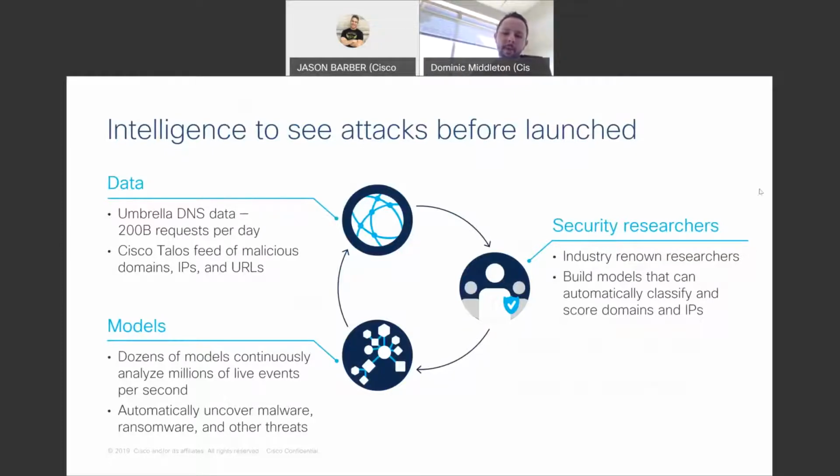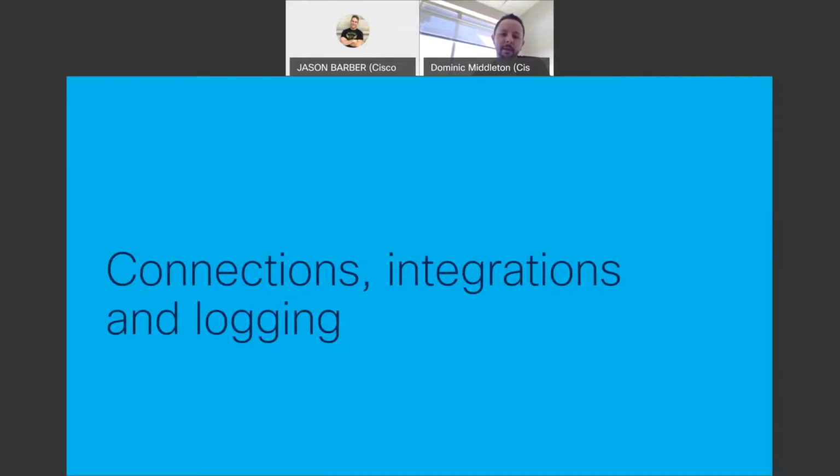Like I mentioned, Talos, our threat intelligence group, we have security researchers sitting all around the world 24/7, 365. They're currently on top of chasing down threats. They're building different models that they can use to determine what the bad guys are up to, where are the bad neighborhoods of the internet, what should we be looking out for next, and how do we keep our customers safe before the next attack comes out. So lots of cool stuff happening on both the catching and stopping threats, but also the preventing threats before they have a chance to even get out there. So really interesting way to do security.